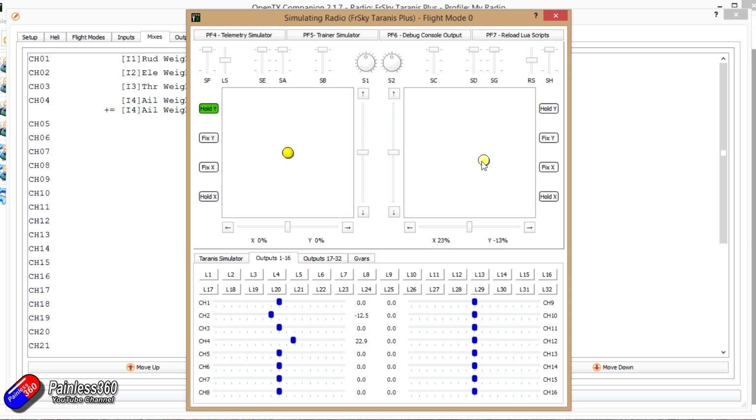So now if we simulate this, there's aileron, channel 4 moving. Let's hold X. Now if we add a load of trim, so the trim's at 24.4 and we're in high rates. If now we switch into 50% rates, look at what happens to the trim. It is cut in half, and that's because in the radio, it kind of prorates the trims as